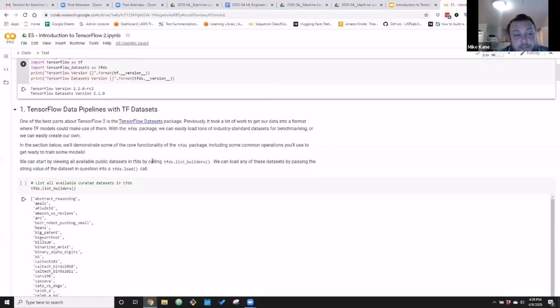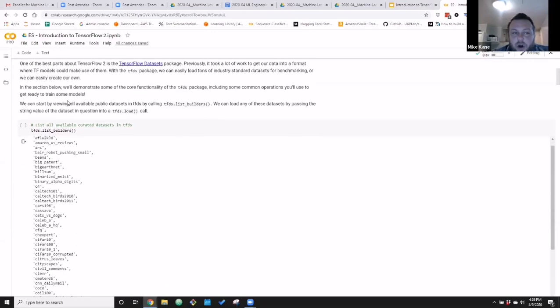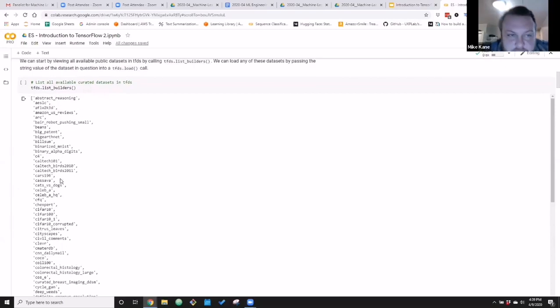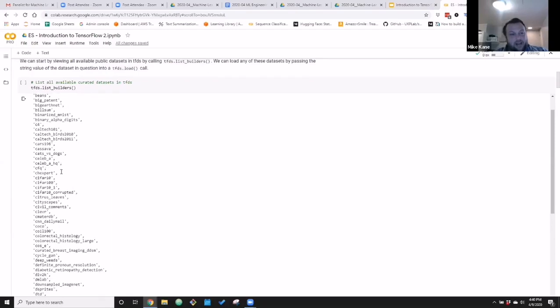So in deep learning, one of the things that is pretty crucial is you're almost always going to start off by training your network and benchmarking it against a known data set. There are a lot of data sets out there. Now, these are all the ones that are preloaded in TensorFlow datasets. They're not preloaded as in when you install this on your machine, you're downloading all of it. This is easily a terabyte of data.